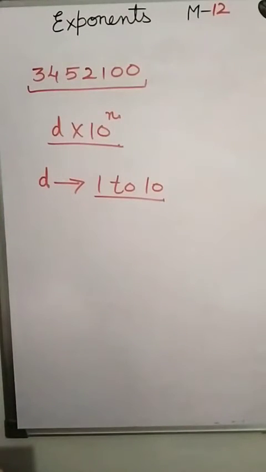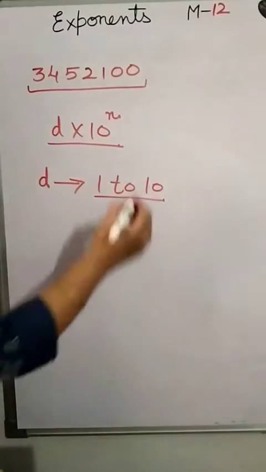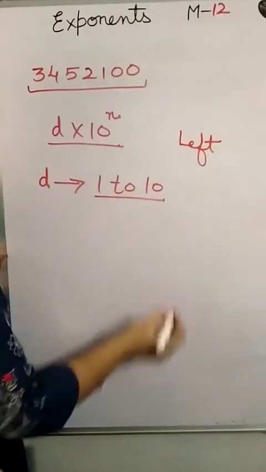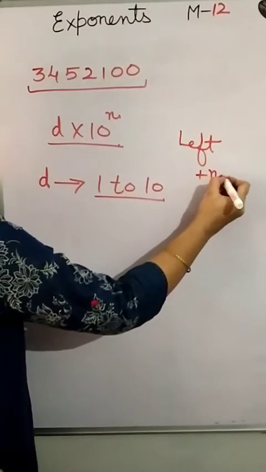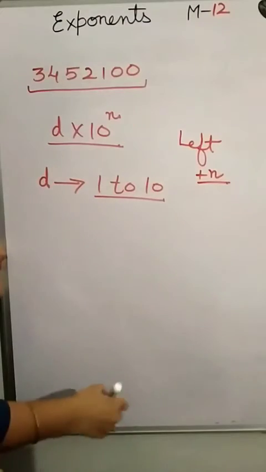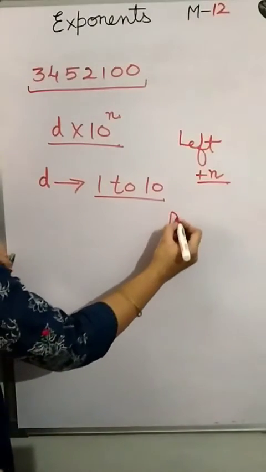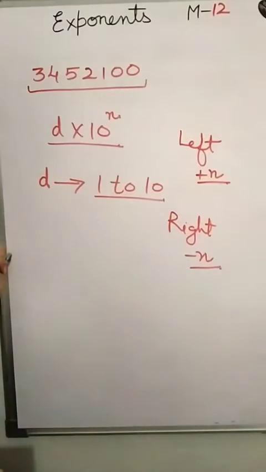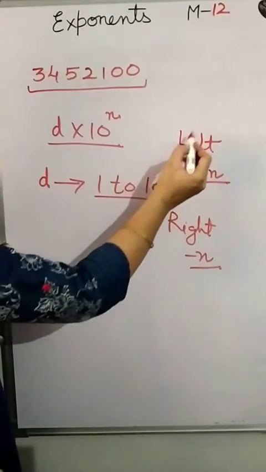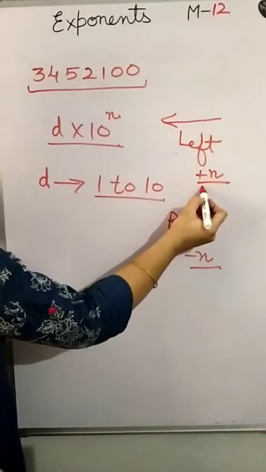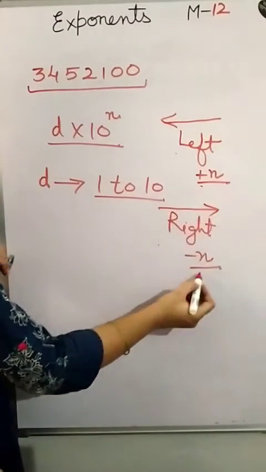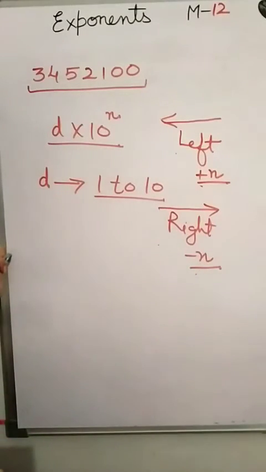So in this way we can convert. So now in this one we convert. So whenever we are shifting our decimal to left, our n become positive. And whenever we are shifting our decimal to right, so the n become negative. Is it okay? Whenever we are shifting our decimal to left hand side, so n become positive, and whenever we are shifting our decimal to the right hand side, then n become negative. I explain you now.